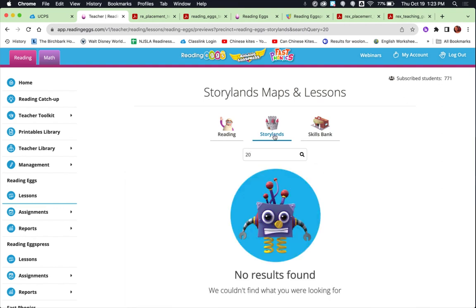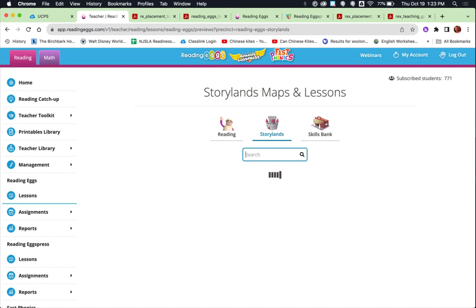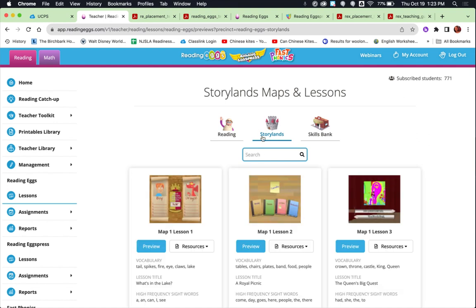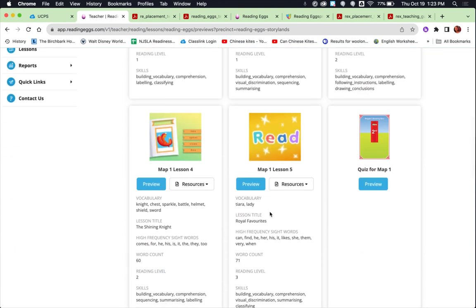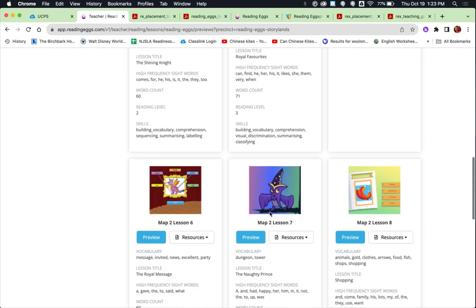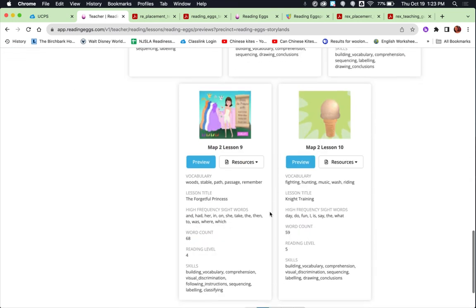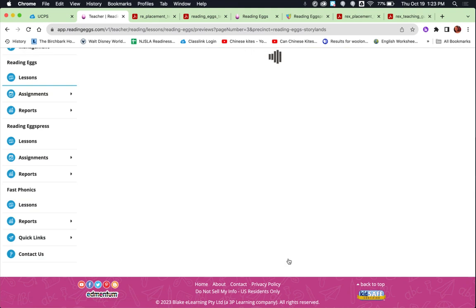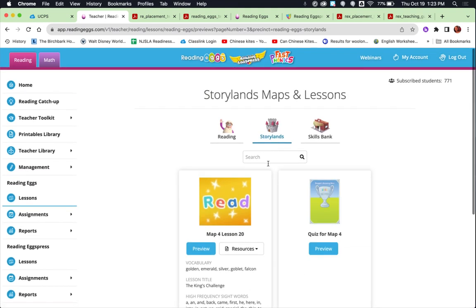All right, let's just click on Storylands. Okay. So lesson 5, lesson 4, lesson 7. These are all the lessons. It doesn't go up that high. Lesson 20 I asked for and it didn't give it to me. Anyway, so this is where you would find your Storylands or Clinker Castle lesson related back to your student score